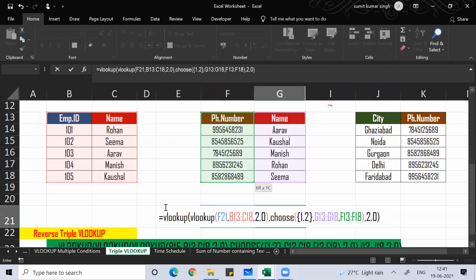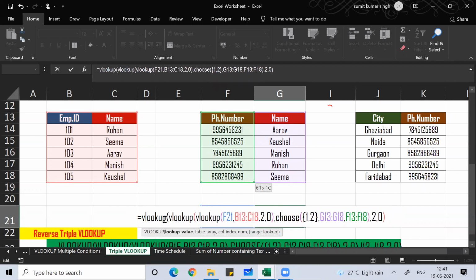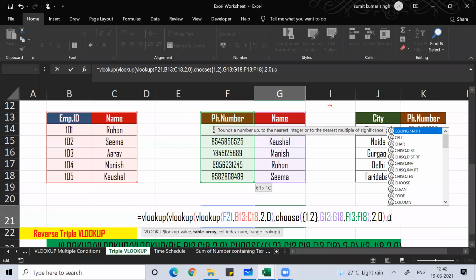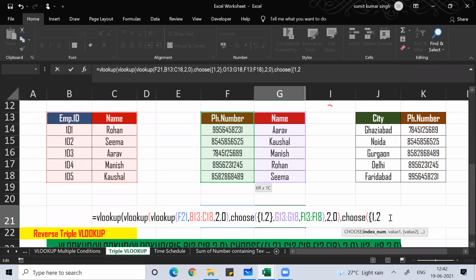Then again I'll use VLOOKUP. This would be my lookup value, your phone number. That phone number is my lookup value. Table array: for that I'll use CHOOSE, open bracket, curly bracket, 1, comma 2, close curly bracket, comma.